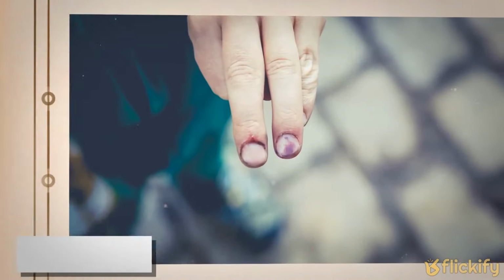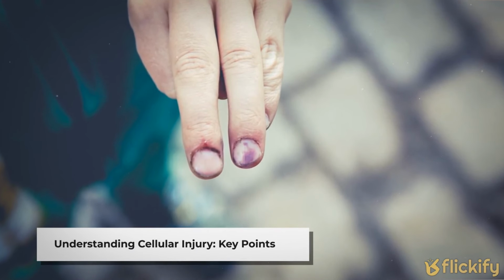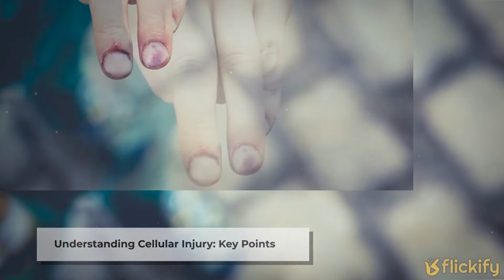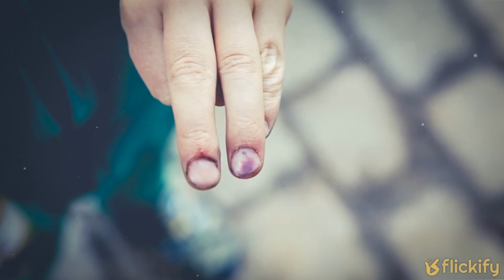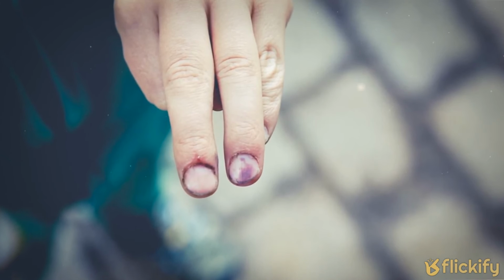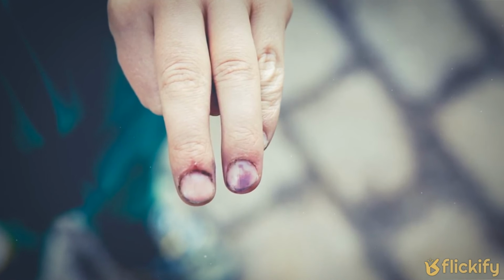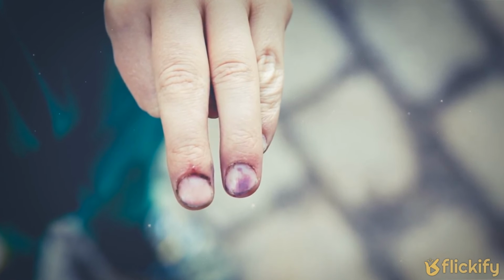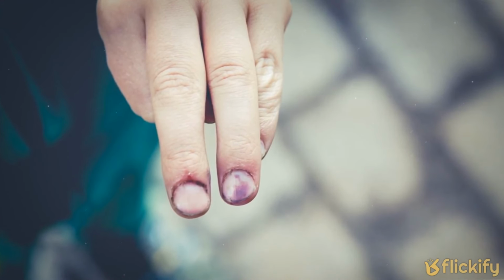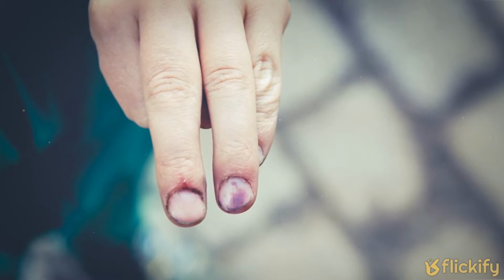Cellular injury. Cellular injury refers to the damage or harmful changes that occur within cells as a result of various insults or stressors. Here are some key points about cellular injury. Causes. Cellular injury can be caused by a wide range of factors, including physical agents such as trauma or heat, chemical agents, toxins or drugs, biological agents, pathogens or parasites, nutritional deficiencies, genetic abnormalities, immune reactions, and ischemia, lack of